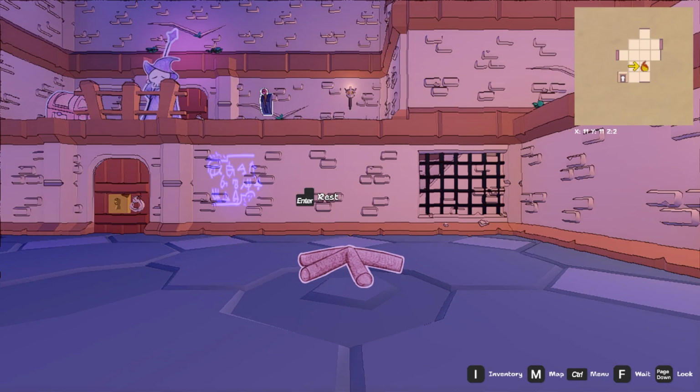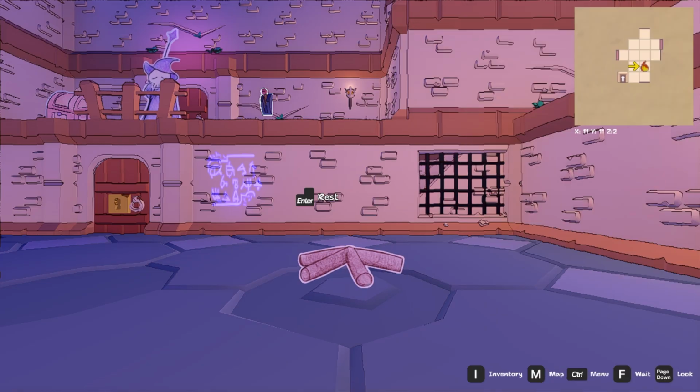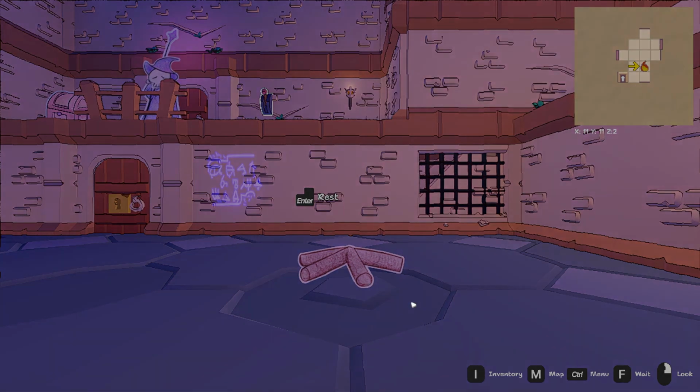Yeah, where do I see my health? I don't know if I can, actually. Control is the menu. Yeah. Oh, there's my health. Okay, so the tutorial battle, I did lose a little bit of health. Let's go ahead and rest here. It says resting will restore your HP and energy, but wild monsters come back. That's okay, because we have yet to fight any monsters in here, so resting now makes the most sense of